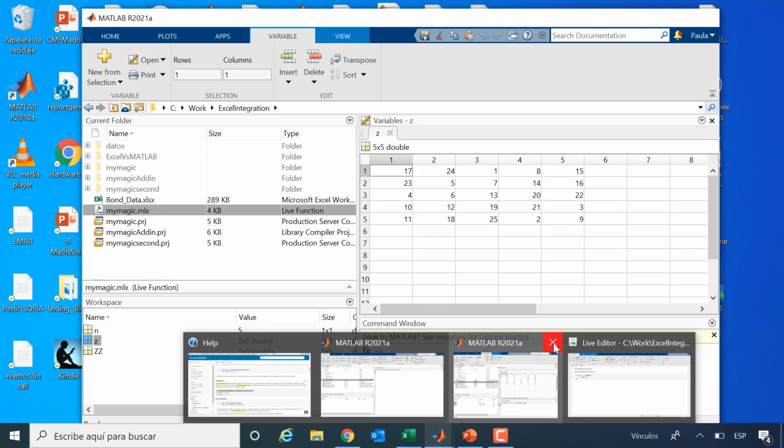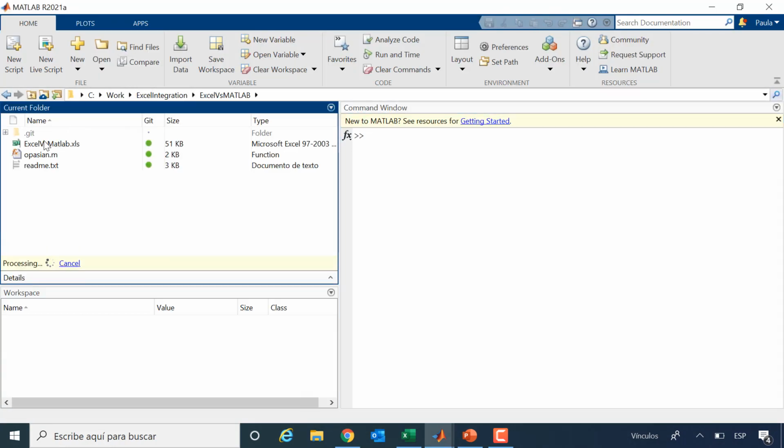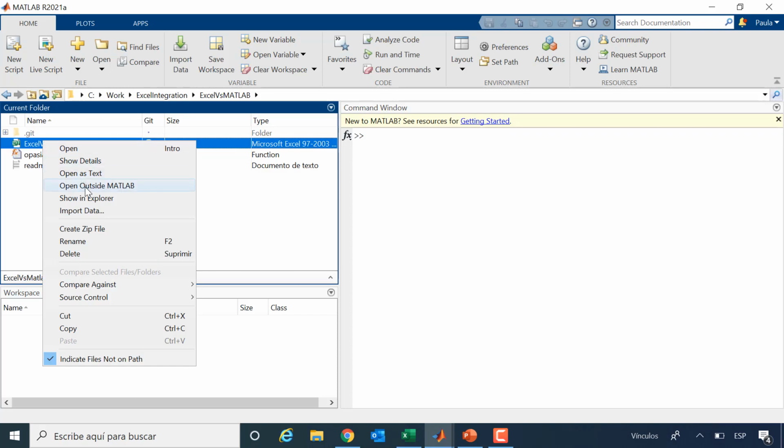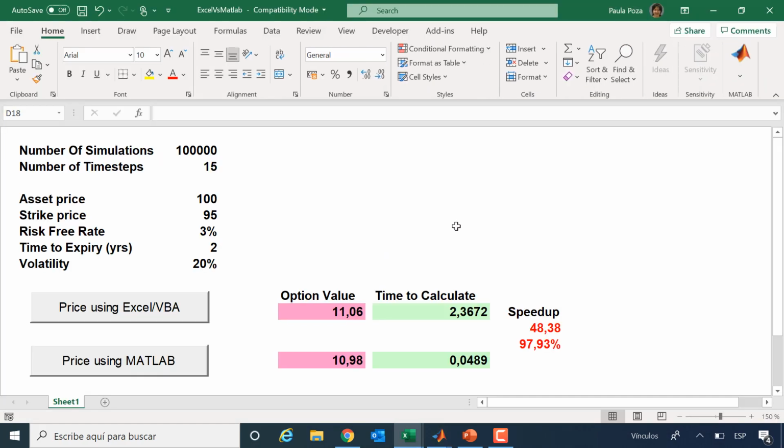I'm going to close this one. This example, so right click, open. Okay, so you can see the difference here is that I have this button. This button has the instructions that I mentioned before, the ML eval string within a Visual Basic macro. So that means I don't have to be doing it manually.